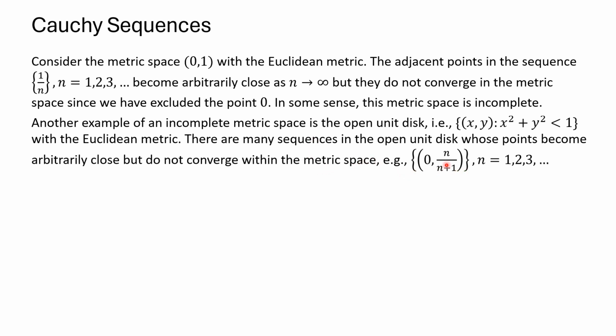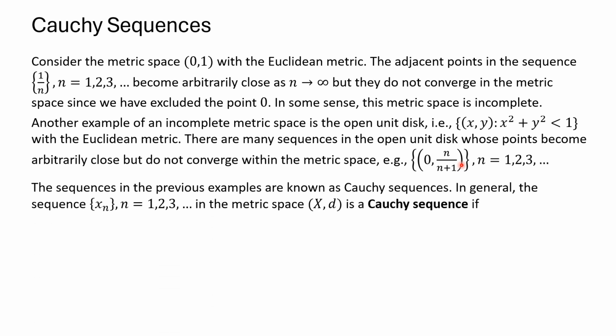I just gave one example here, 0, n over n plus 1. So these points get closer and closer to 0, 1 as n goes off to infinity. They also get closer and closer to each other as n goes to infinity, but they don't converge in the metric space itself. So what we have here, these are Cauchy sequences because the difference between the points gets closer and closer, and we have a